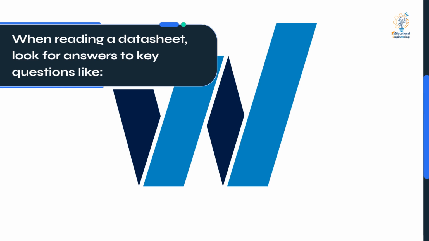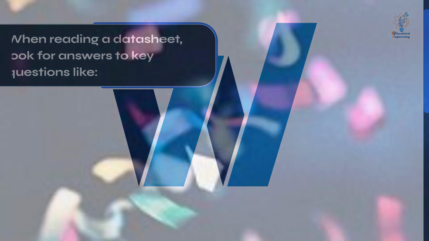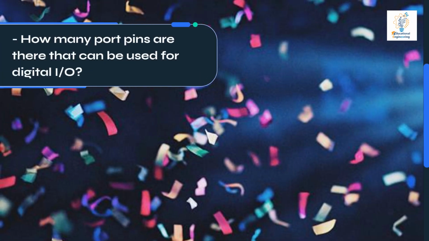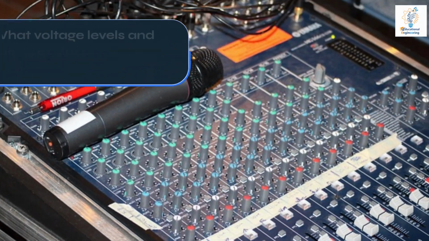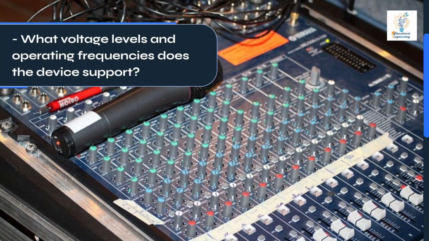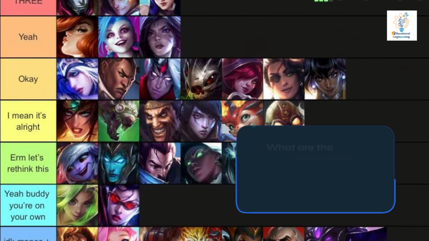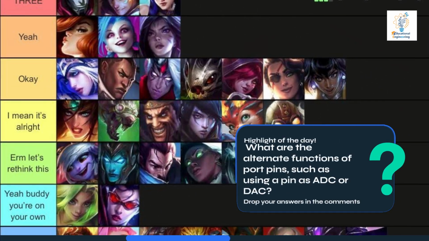When reading a datasheet, look for answers to key questions like: how many port pins are there that can be used for digital I/O? What voltage levels and operating frequencies does the device support? Highlight of the day: what are the alternate functions of port pins, such as using a pin as ADC or